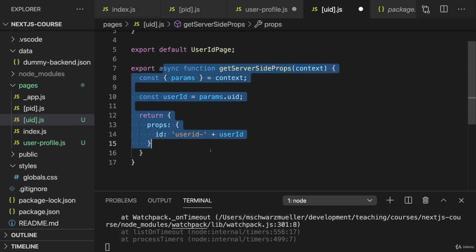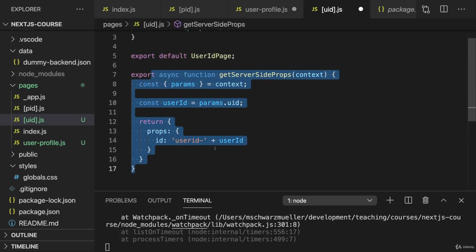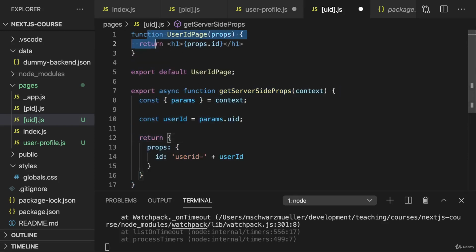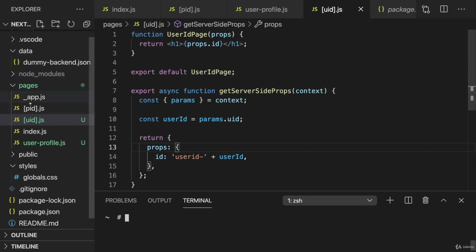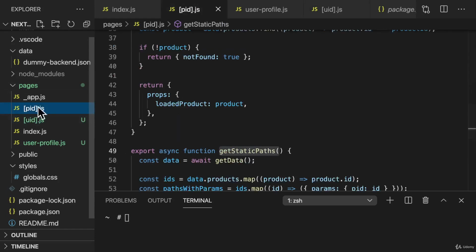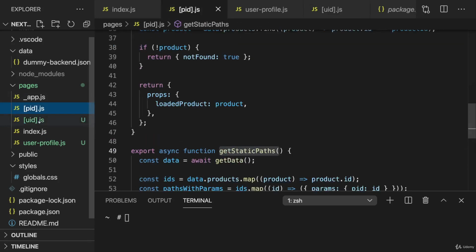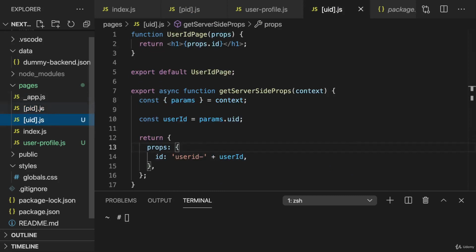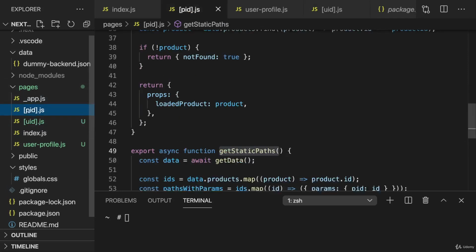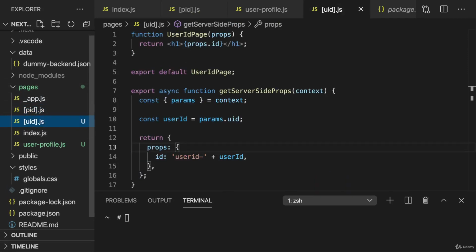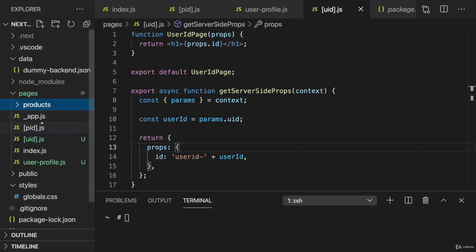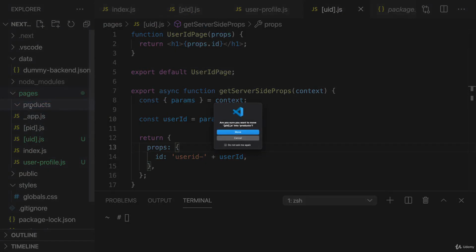Just to have some dummy code here that proves that this code actually did execute before this component function code ran. With that, if we want to test this, we first of all need to make sure we get rid of [pid].js, because otherwise we have two dynamic segment pages on the same level in our pages folder. So Next.js wouldn't know if a value after / should be a product ID or a user ID. And therefore, I move the pid file into the products folder here,